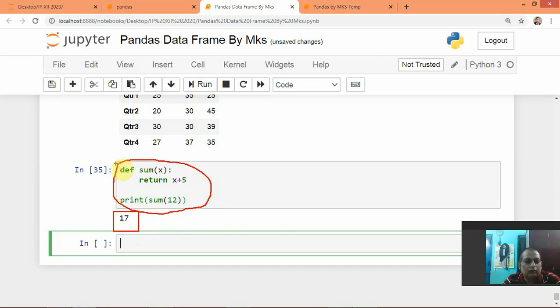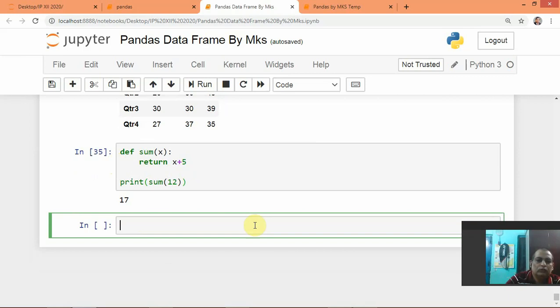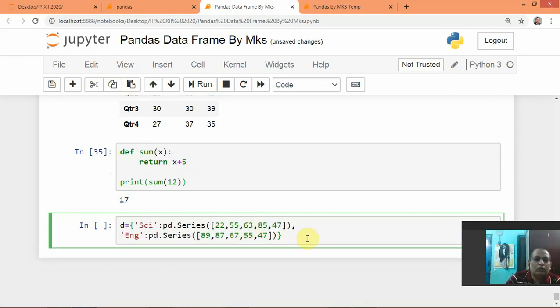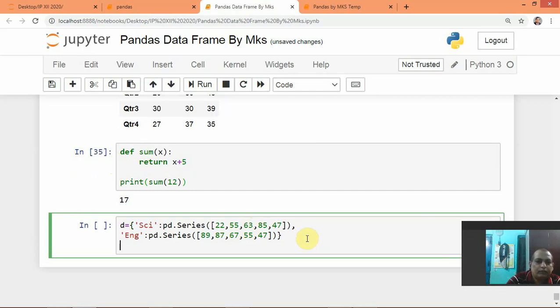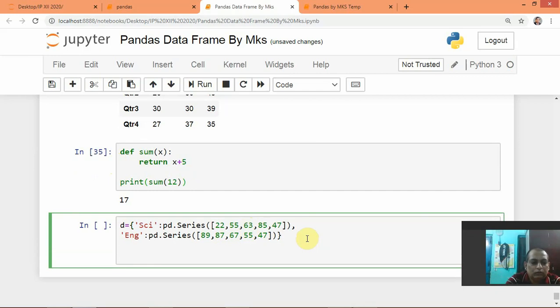Now we will apply this function to a data frame. I have taken one data frame here.